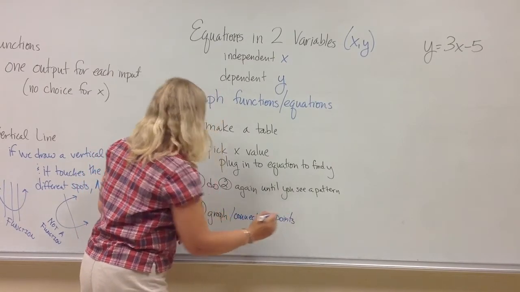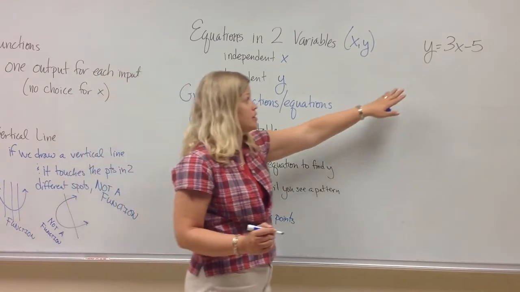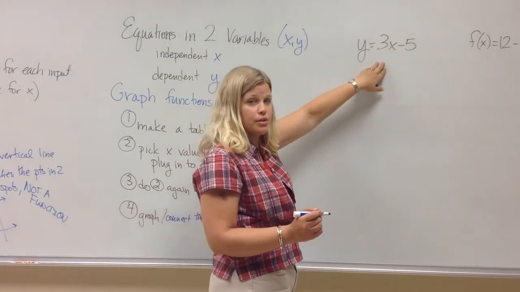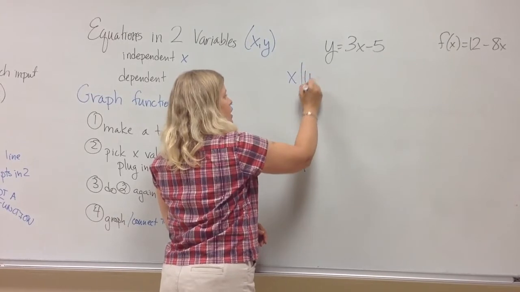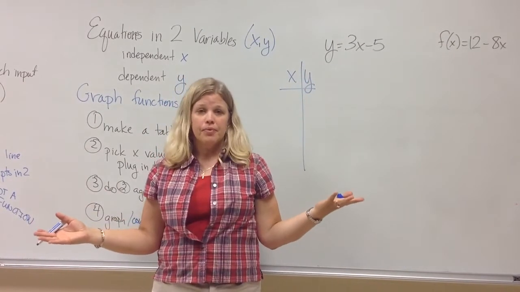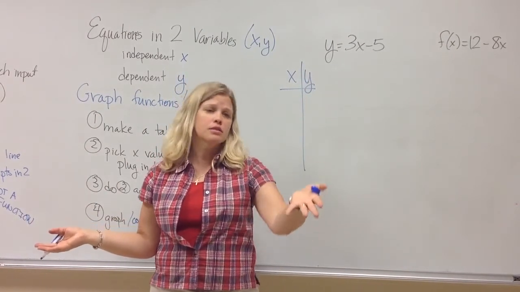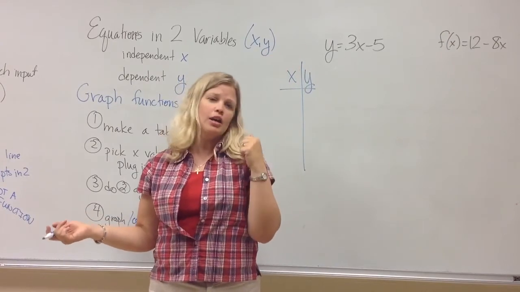Now we're going to practice this. We've got an equation, y equals 3x minus 5. We make our table, and we're just going to pick a number. If you were here, I'd say so-and-so, pick a number, but you're not. So I'm going to pretend